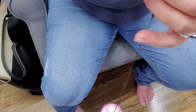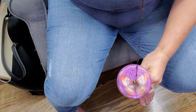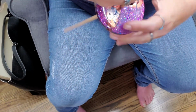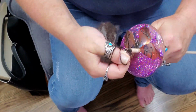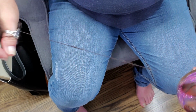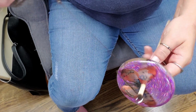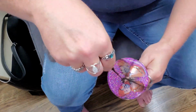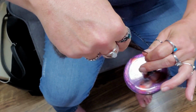Hand spindling can really be fun. I can enjoy it on the right occasion. When I'm not going for tons of production, although there are people who can produce amazing amounts of yarn on a hand spindle, I am not yet one of them. So I only do this when I just want to enjoy the fleece I'm working with and the feel of making it by hand, because it is a pretty zen experience once you get a handle on it. I know it's incredibly frustrating when you're starting, but once you figure out a technique that works for you,